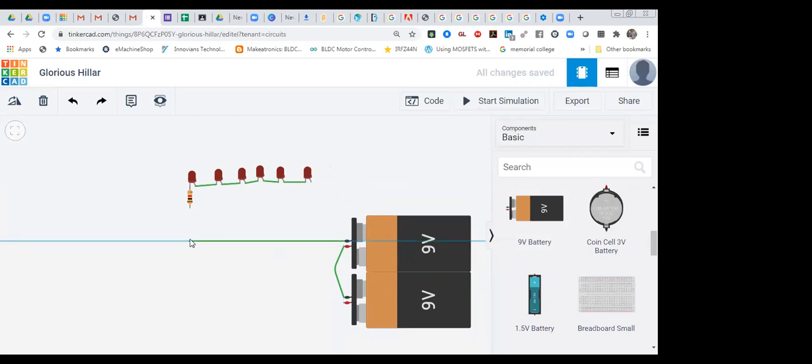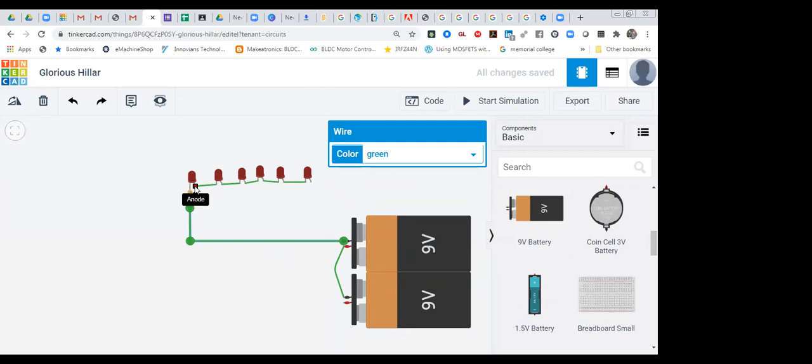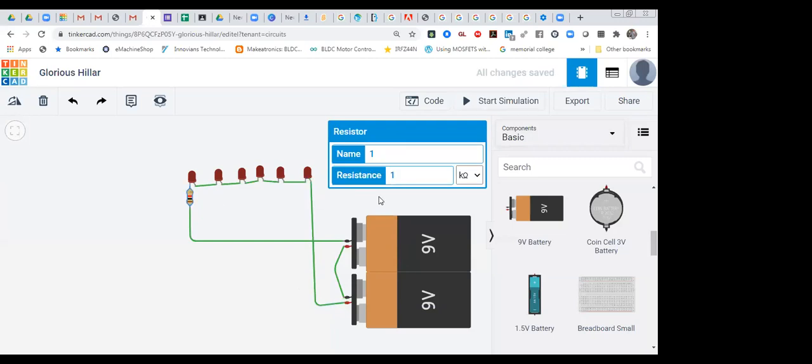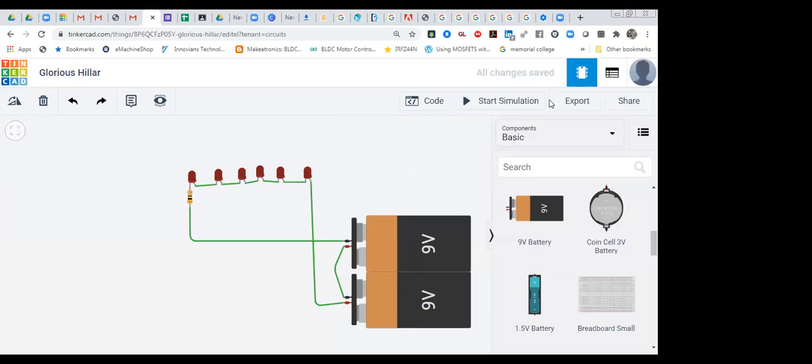This one is my negative side. You can see it also. This one is anode, this one is cathode. So cathode is ground and this one is positive. So this connection we have to make, and now we have to check it at 300. At 300 value we have to check it. So I'm going to check it at 300 over here, so that you can do it like this. So now check it, start simulation, and you can check what is happening.